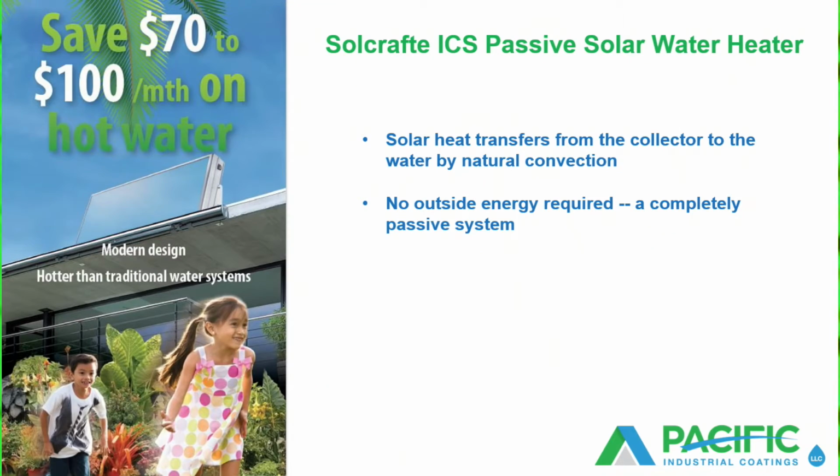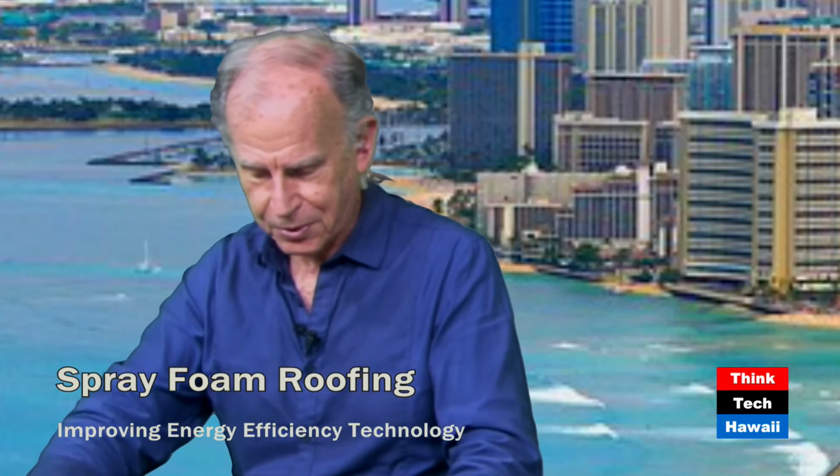Yeah, the larger the household, the greater the demand for hot water, the more effective a solar hot water heater is. Generally, if it's a retired couple and their kids or grandkids don't appear very often, we say, well, maybe not such a good idea, but when you have a full family, and especially a large family,